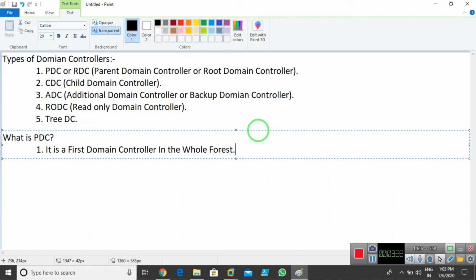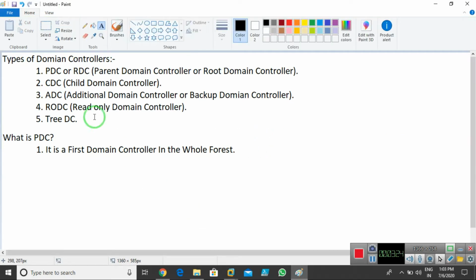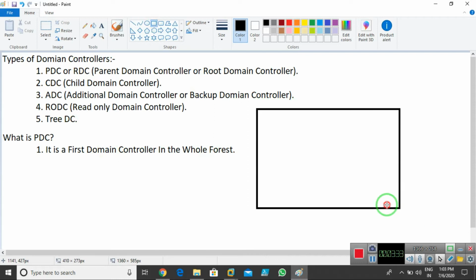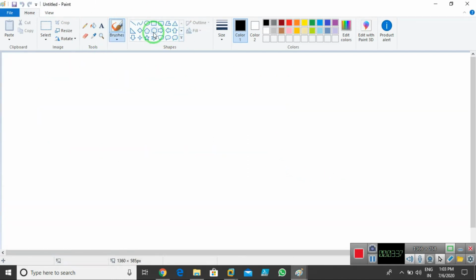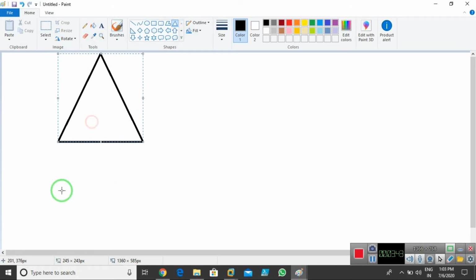Now the concept is why we need CDCs, ADCs, RDCs and other domain controllers in the network. Imagine that we have one network over here, and I have another network also running.